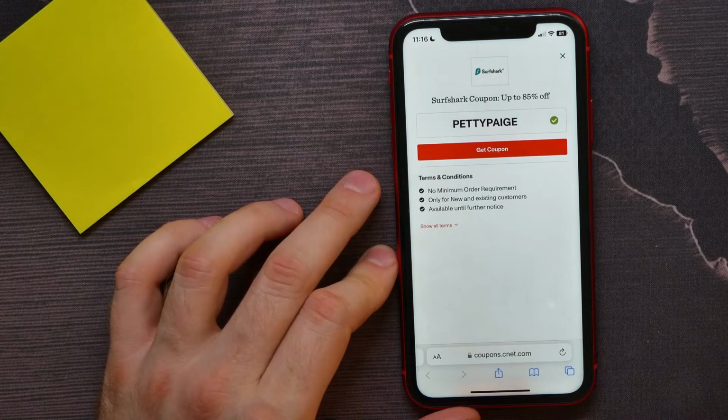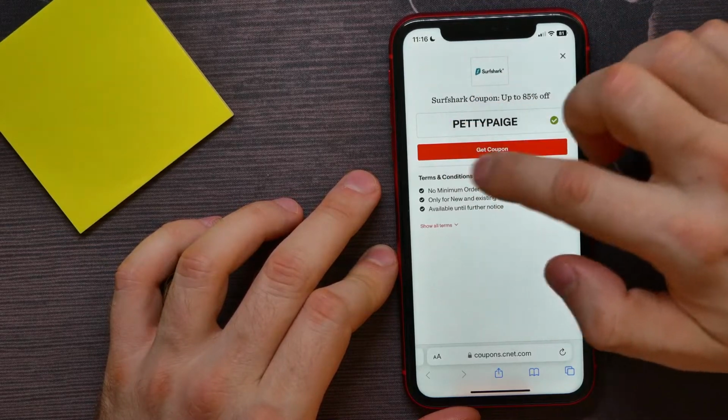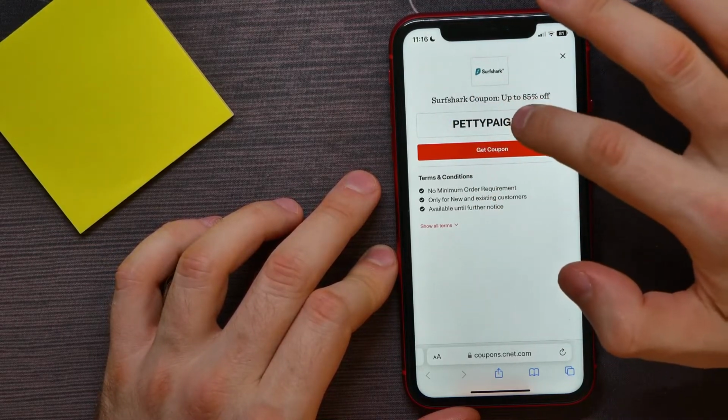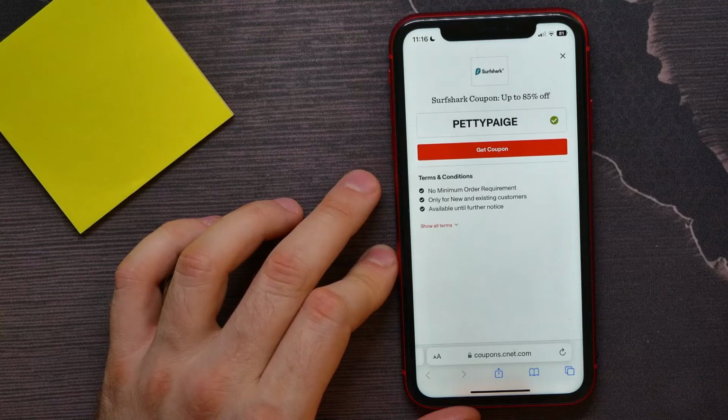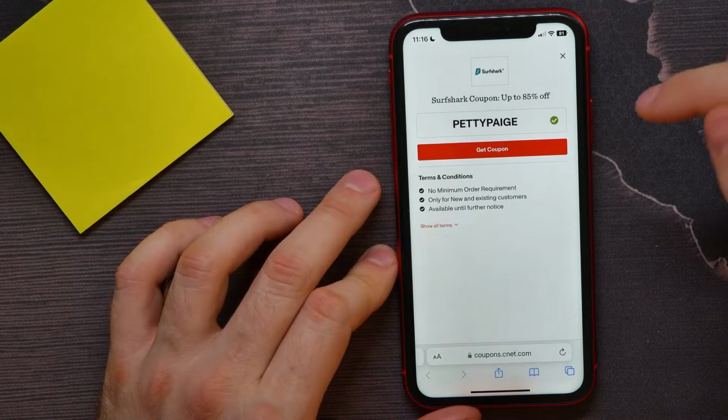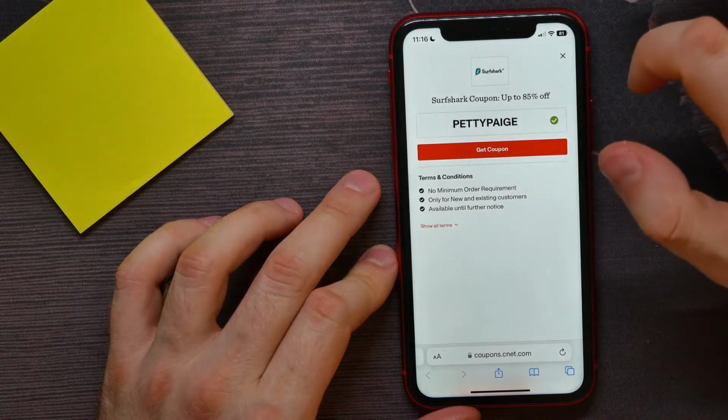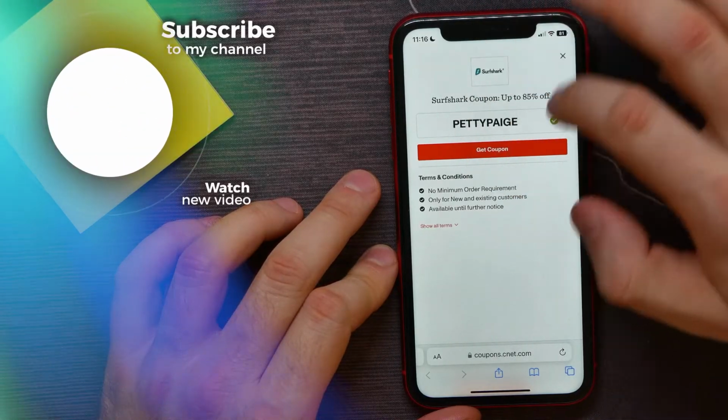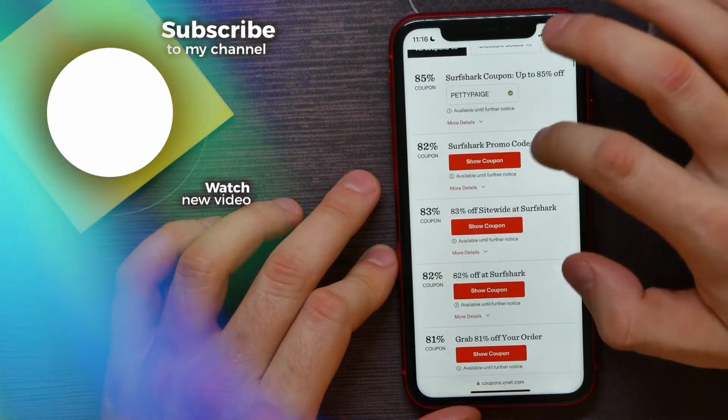And after that, I can move to Surfshark website or to its mobile application, and there I can use that discount code. Just don't forget to enter it before you pay any money. If for some reason happen that this promo code doesn't work, you can in any time go back here and try to use